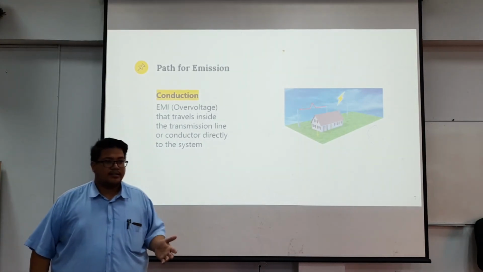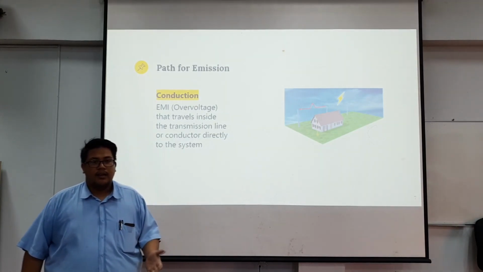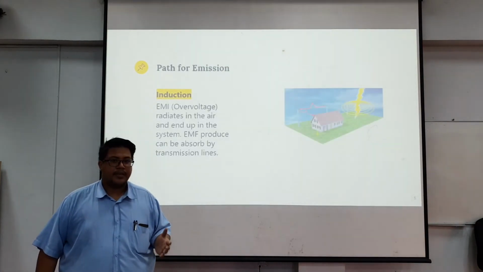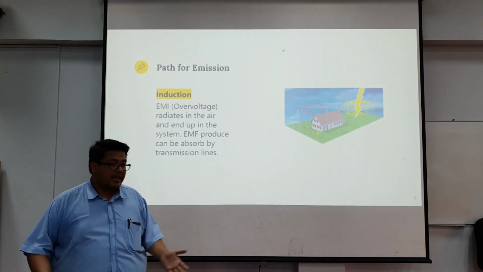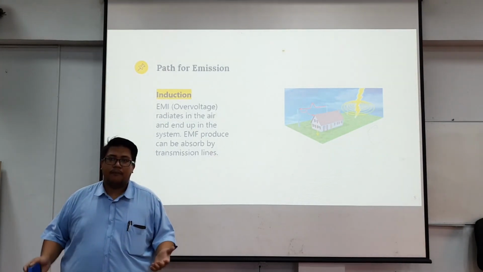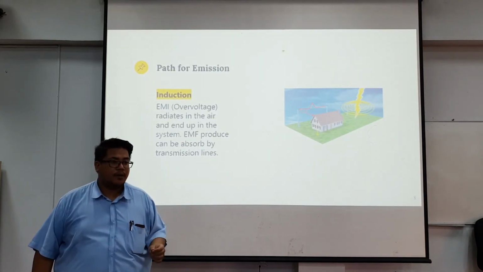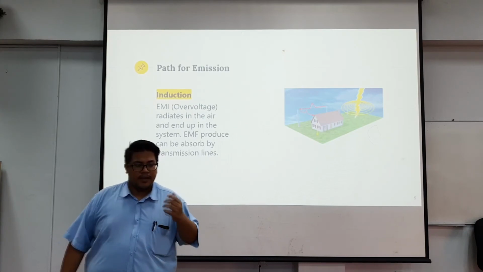This is called a conduction path for the lightning. Second, we have induction, in which EMI, the overvoltage, flows through thin air, through electromagnetic pulses and emission, and this is absorbed by the system, and it can affect the system production,